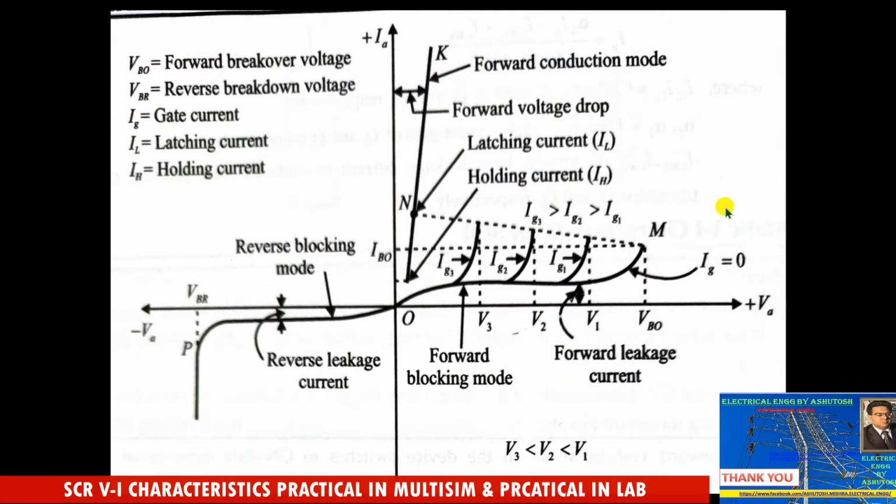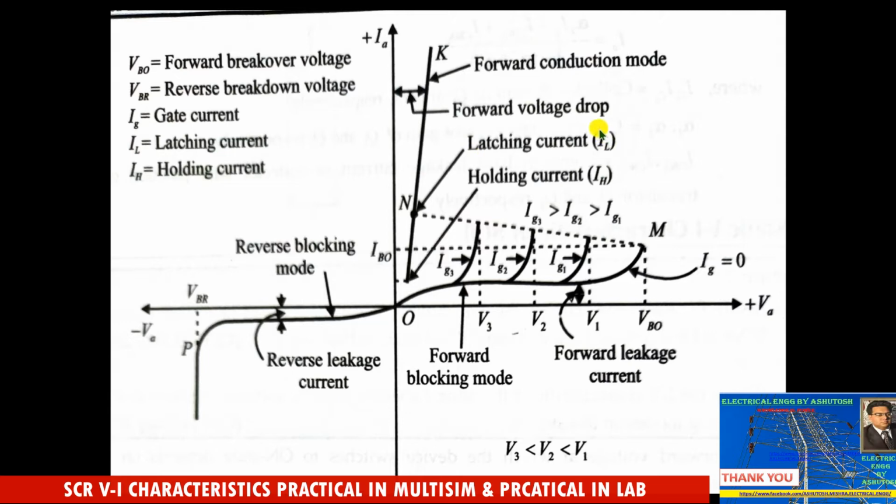So you can say that as soon as the device latches on to its on state, the voltage across the device drops from several hundred volts to 1 or 2 volts, depending on the rating of the thyristor, and suddenly a very large amount of current starts flowing. And guys, what is latching current and what is holding current? Latching current, you can say, is the minimum anode current.